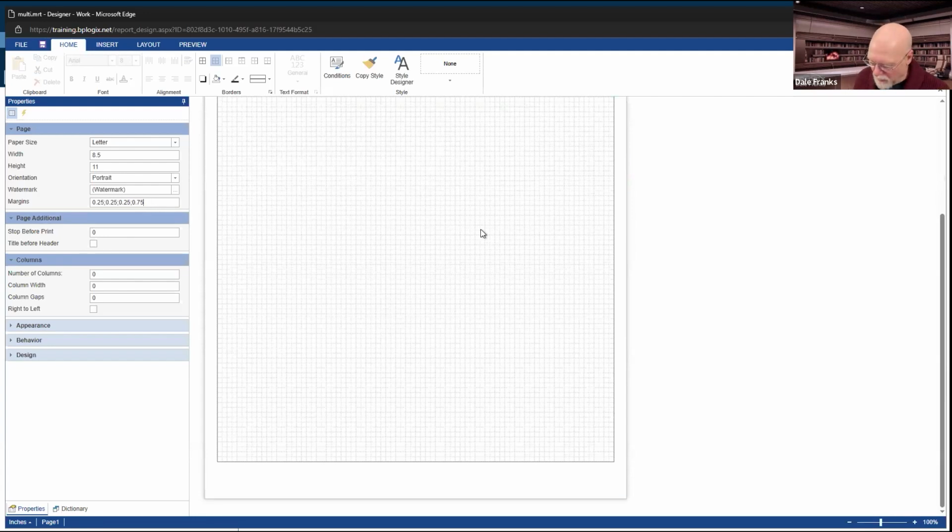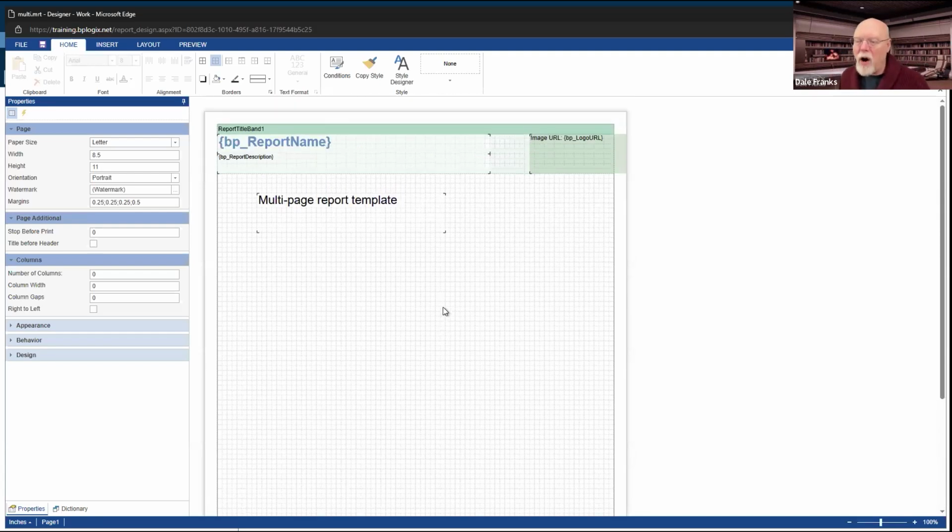I'm going to assume that we can use a 1/2 inch margin at the bottom. So it'll make our page mainly symmetric, but we'll get as much data onto the page as we can. It doesn't really matter because I'm not going to print this report. So I didn't really need to make these changes, but in most cases you are going to print the report. So you kind of got to make the changes.